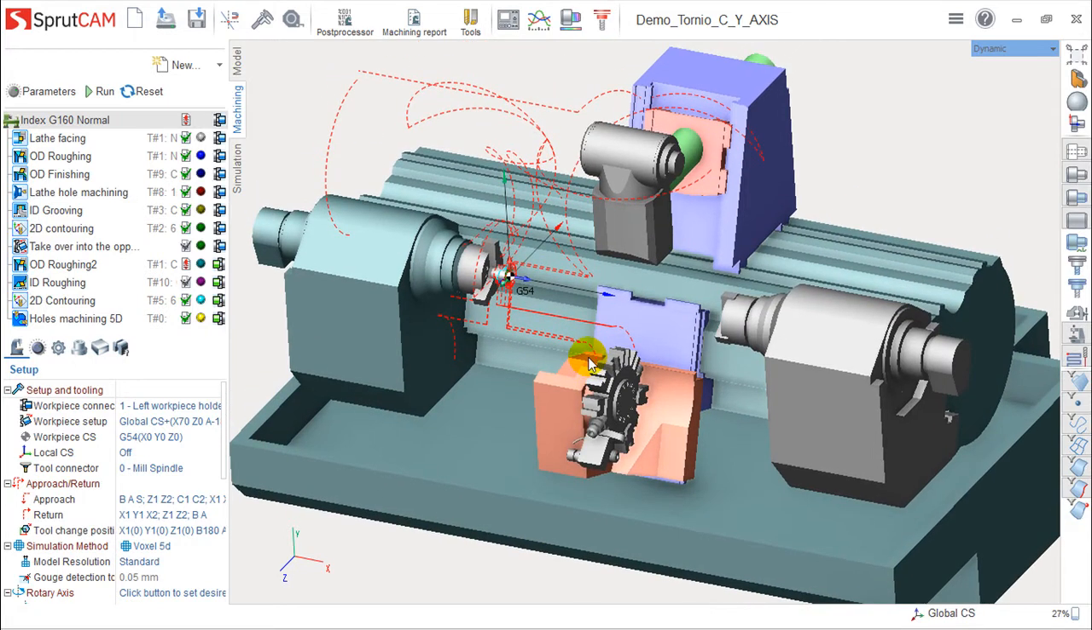Hello, we are here for one more lesson of this SprutCAM training course, and the topic for today will be mill turn machining. This is, in the end, a little bit of a summary or group of what we've seen in these past videos regarding both milling and turning. So we have the operations available, but the main difference is we can do both groups of operations on